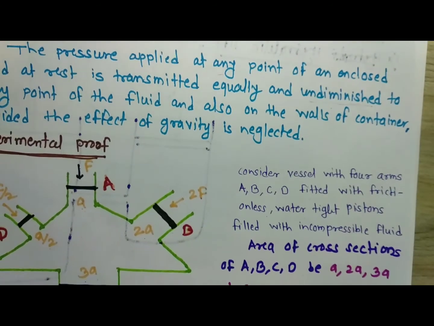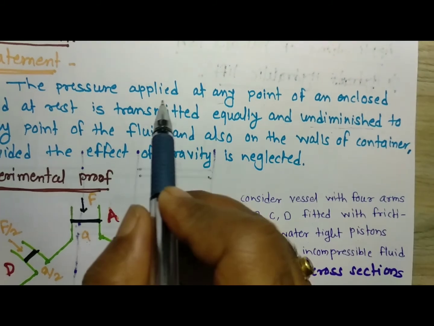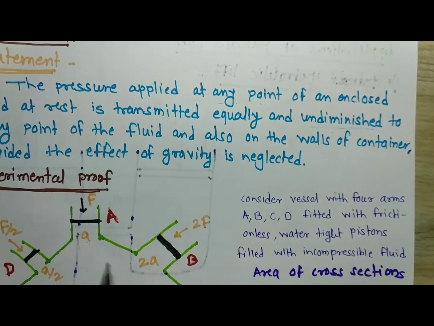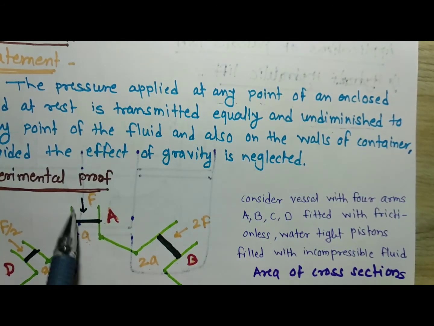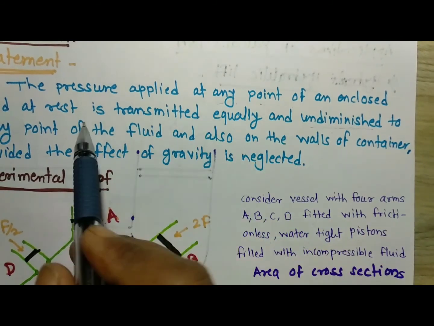According to that statement, when pressure is applied at any point, that means we apply the force at point A, it generates a pressure P equal to F divided by A, which is transmitted